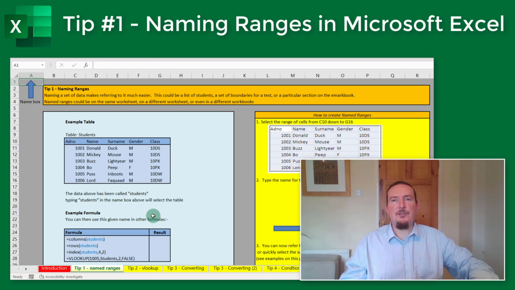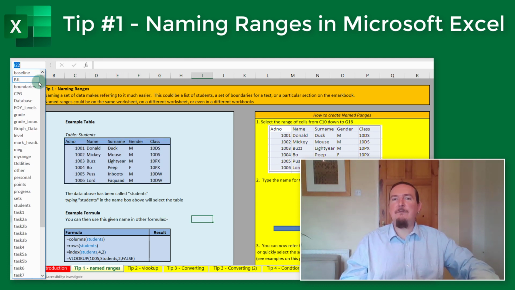So let's name it students. First, select it by dragging from the top left down to the bottom right. Now let's type students in the name box up here. Once you've named the range, retyping students or selecting it from this drop down list here will automatically refocus Excel